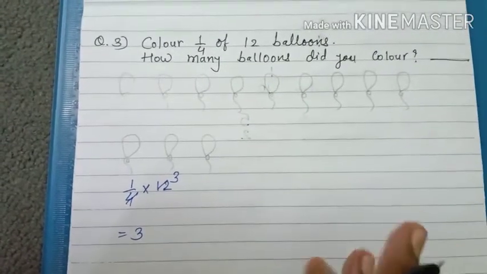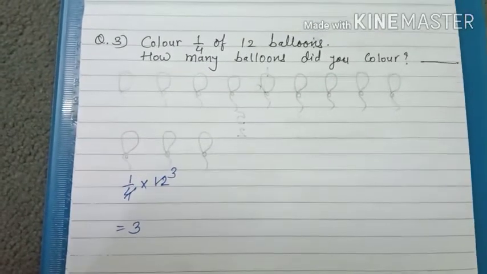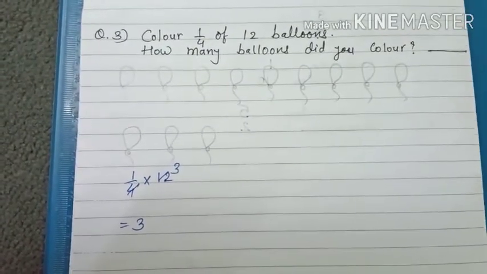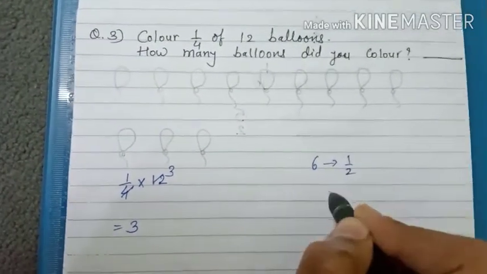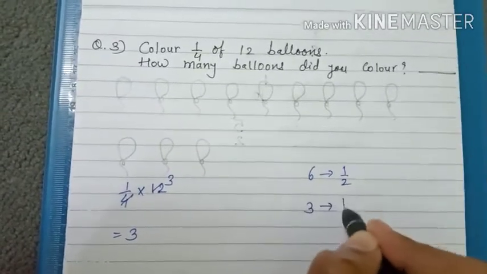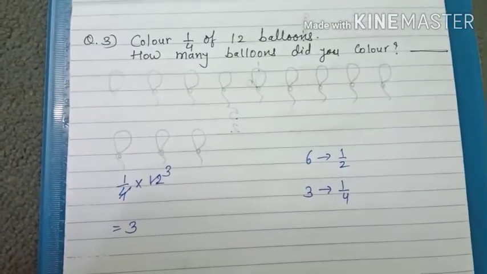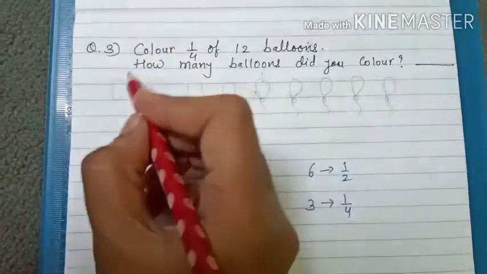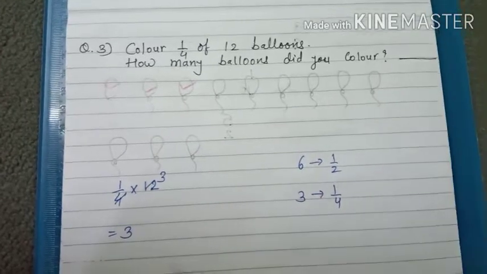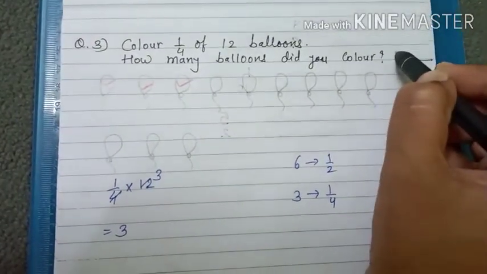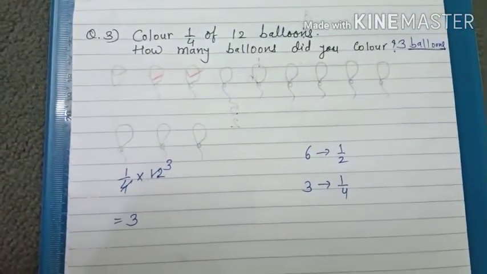But if you don't want to do this calculation, how can you do it? So 1/4, that means whatever you have to find, 1/4 or 3/4, first you have to do the half. So what is the half of 12? That is 6. And 6 का भी half होता है 3. That means that is the 1/4. You can get the answer directly. So without calculation also you can do it. So here you have to only color the 1 2 and 3 balloons. Understood, students? What is 1/4 of 12 balloons? That is 3 balloons. Okay, students, understood about this?